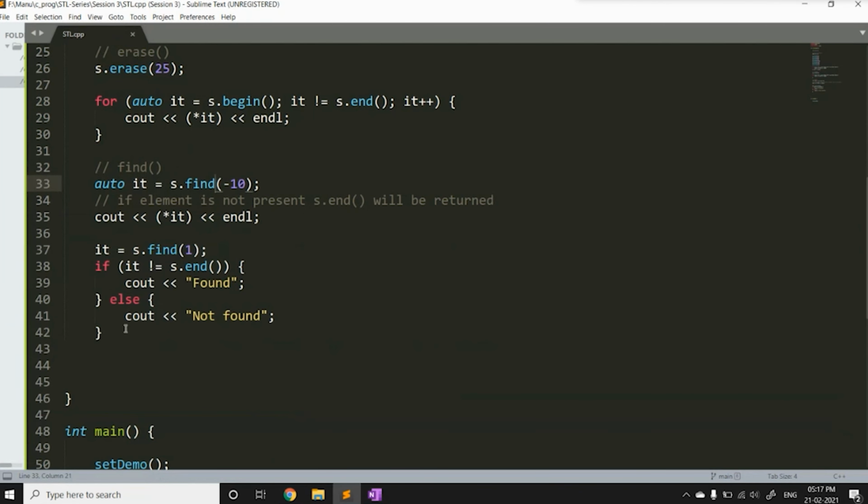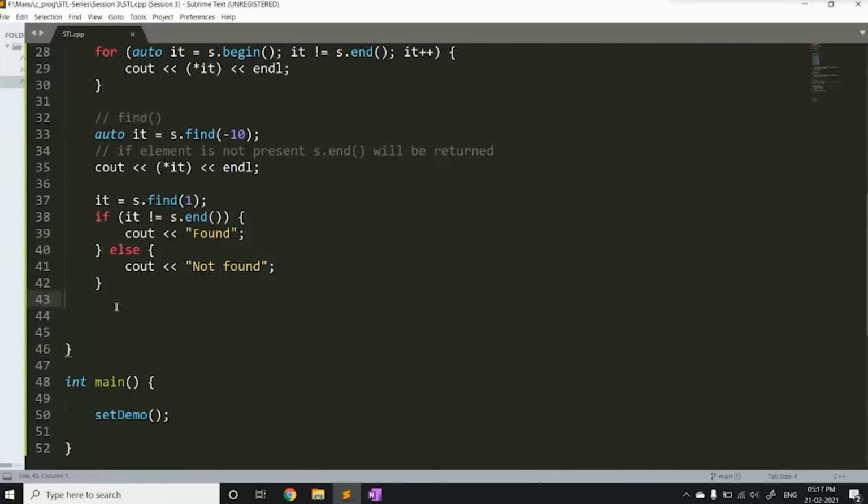Apart from these functions, the set also has the lower bound function. What does the lower bound function do?